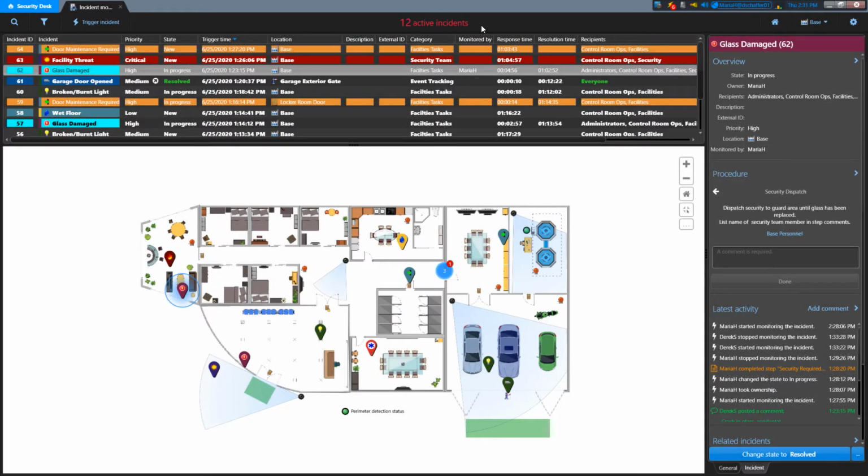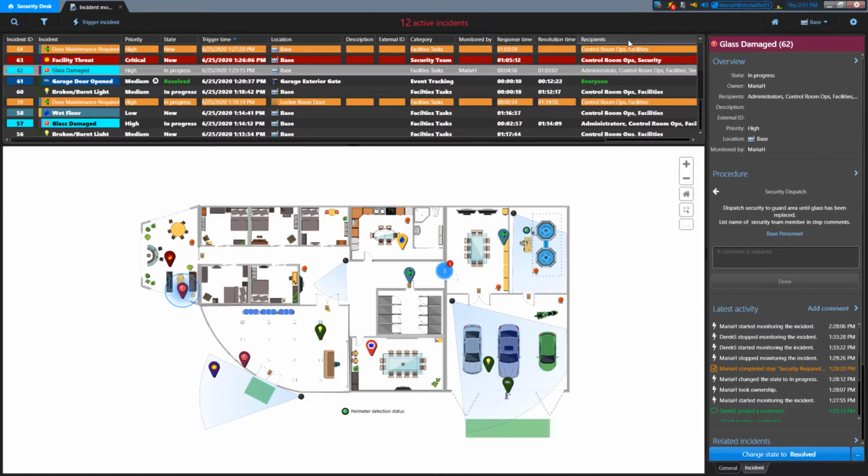If you filter your list of tasks, it will tell you how many you are seeing compared to the total that are visible to you. We'll see later on how we can manage the incident visibility of an active incident in case someone needs to see it who is currently not configured as a recipient in the incident type.